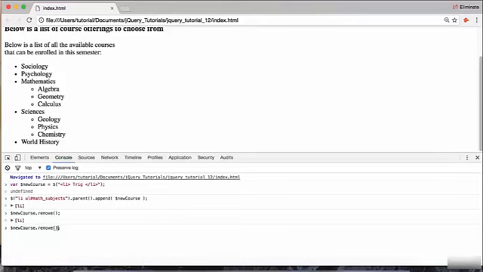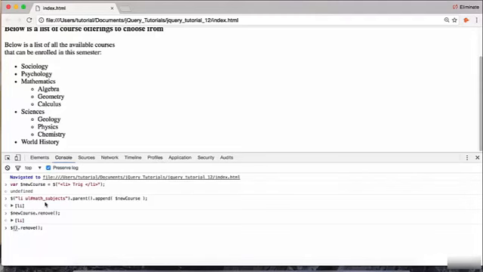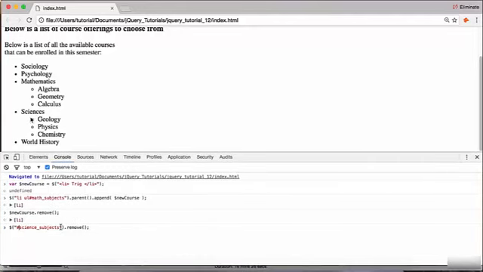If I do this, let's try to remove something else. And the cool thing about this console is we can revert everything by just refreshing the page. We're not actually changing the source code, right? We're just doing everything in memory here in the browser. So let's try to remove the science subjects. Right? That's the other ID that we have here, and make sure to leave a # sign before it because that's an ID. So I expect this entire thing to be eliminated from the DOM,